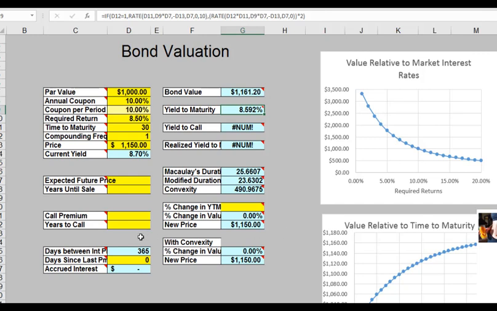Bonds have a feature called a call feature. Typically, a call feature is the principal or the par value plus 1 year's interest. So in this case, the call premium is $1,100. Now let's say that the contract says that the company cannot call this bond for the first 10 years. So for the first 10 years, there's no call, but after that, the company can call whenever they would like to. So at 10 years,